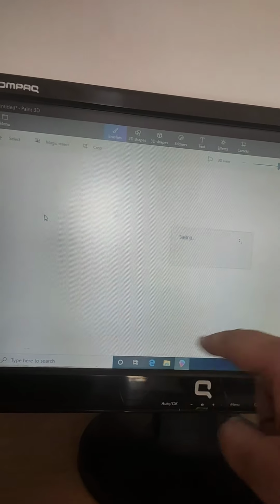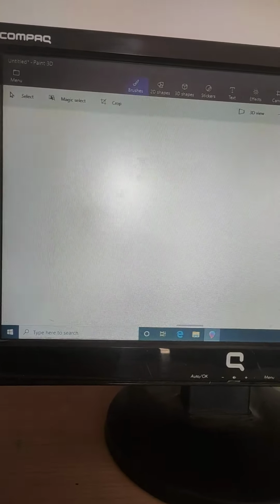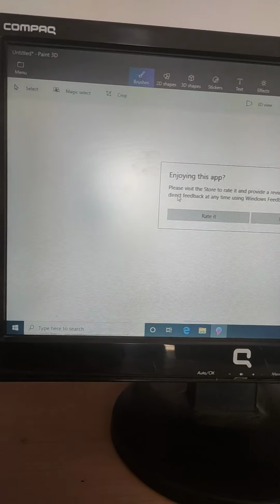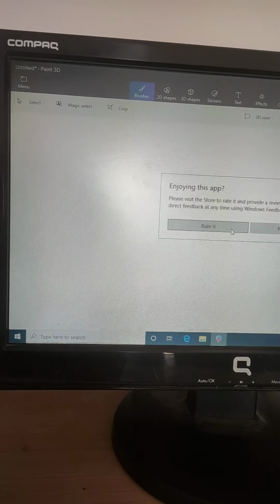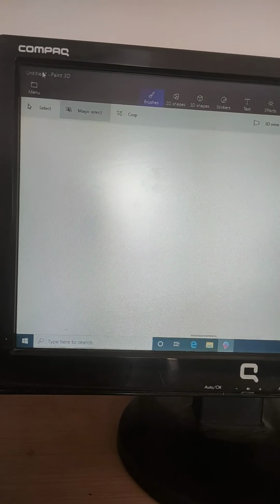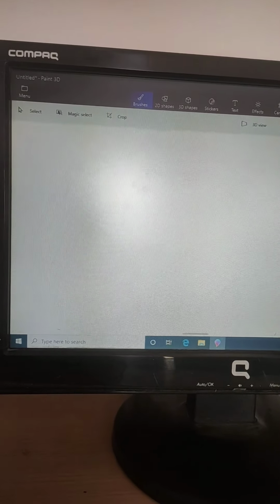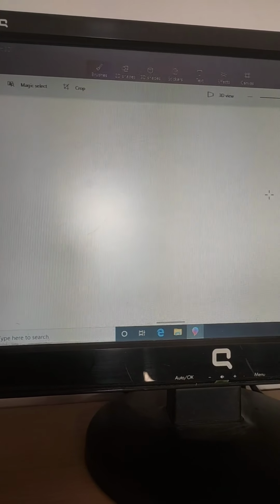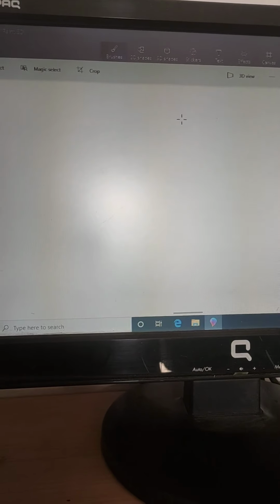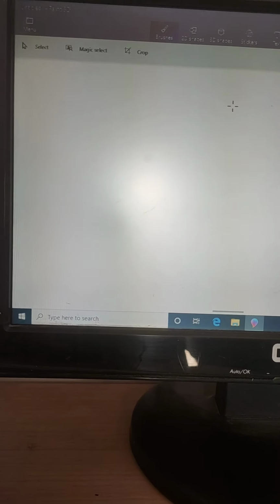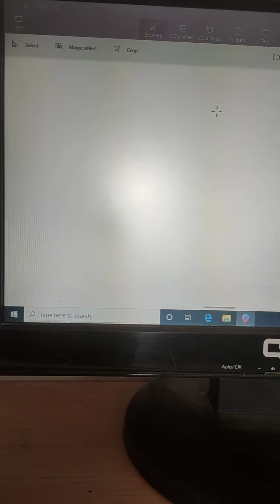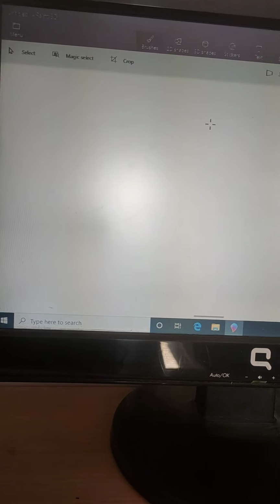Now it is saving the drawing. See, now my drawing is saved. With whatever name you have saved the drawing, the name will be shown here on the topmost corner.